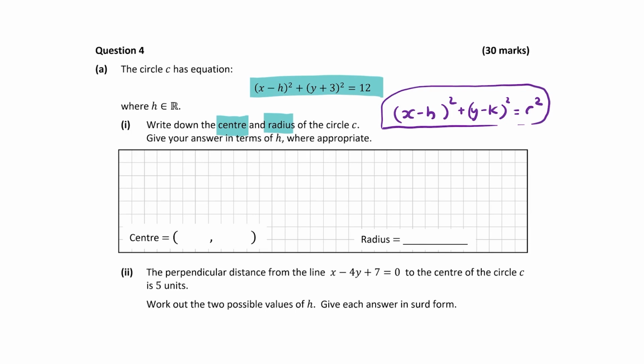So our center is going to be (minus h, minus k). So it already has minus h, so it's just going to be h, and then here it's plus 3, so it's going to be minus 3 because it's minus k. So that's our center, (h, minus 3), and our radius, so 12 is equal to r squared, but we want r because r is our radius. So let's find the square root of both sides. The square root of r squared is just r, so our radius is going to be root 12. So that's our answer for A part 1,